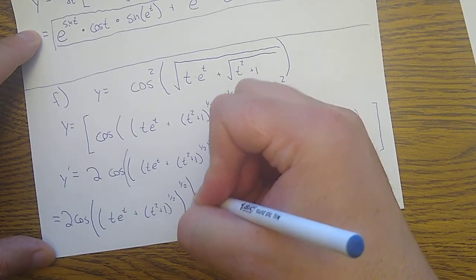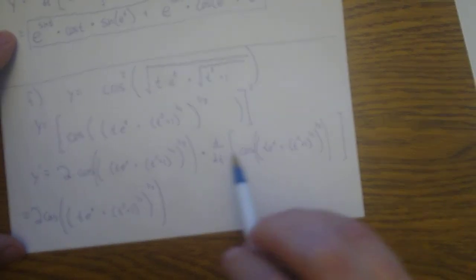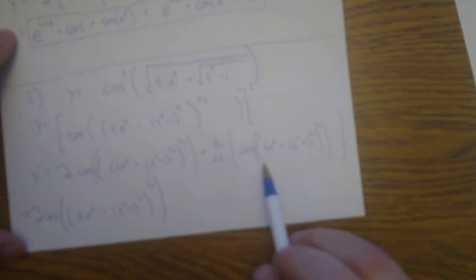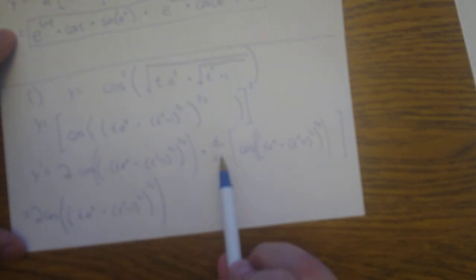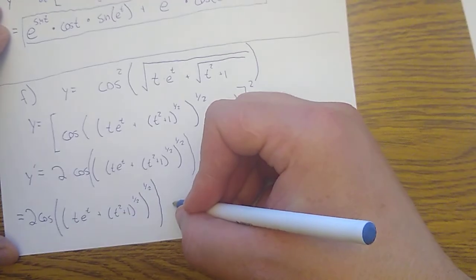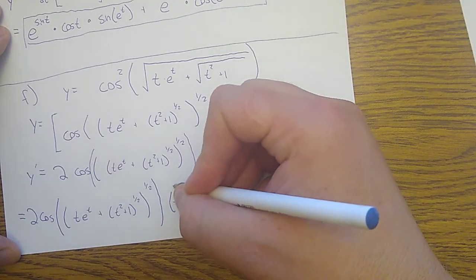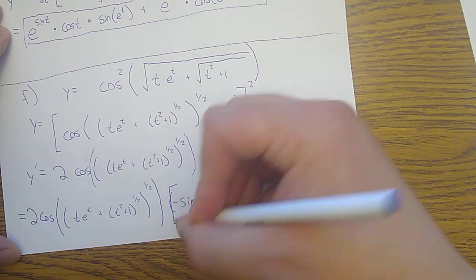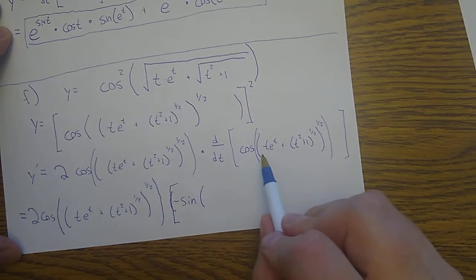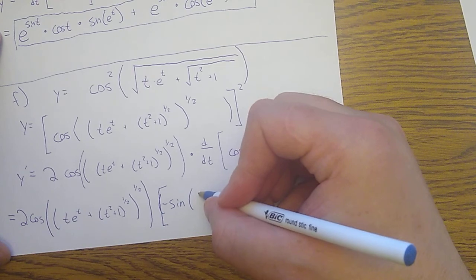I'm almost regretting making this example up because it's going to be pretty bad, but I am committed to finishing. So like I said, I just copied this one down. Now I'm doing the derivative of this one. The outside function is cosine. The derivative of that is negative sine. So I'm going to have negative sine of, let me make this a square bracket, negative sine of all this